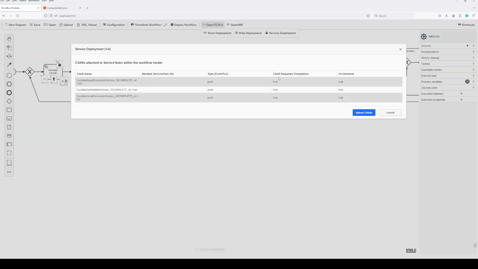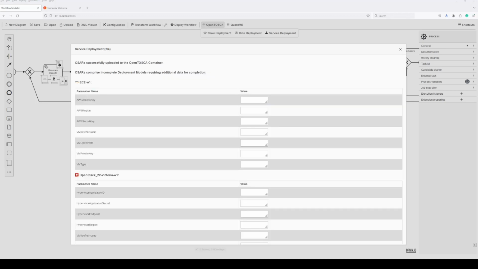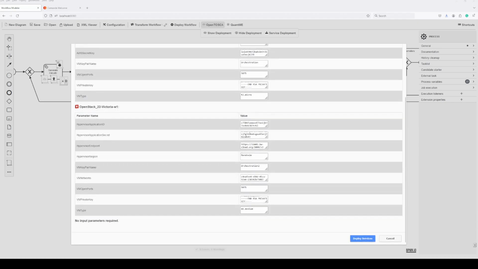As we can see, our workflow contains deployment models that require completion and that are deployed on demand. Hence, we need to click on Upload CSRs. As you can see, our workflow comprises incomplete deployment models. Hence, users must enter their personal information for the cloud services they want to use. Once information for all node types that shall be used is given, we continue